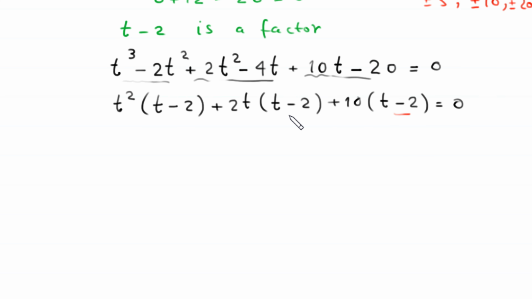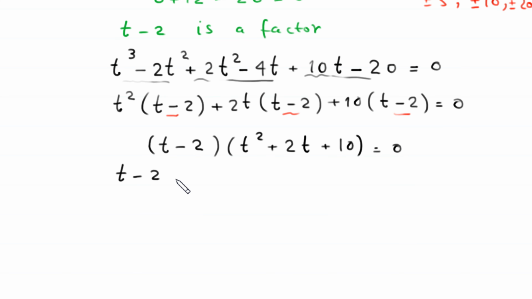And this t minus 2 is a common factor, so we factor out this t minus 2, and in bracket left t squared plus 2 times t plus 10 equal to 0. From here either this expression t minus 2 is equal to 0, or this expression t squared plus 2 times t plus 10 is equal to 0. From this equation we get the value of t is equal to 2,